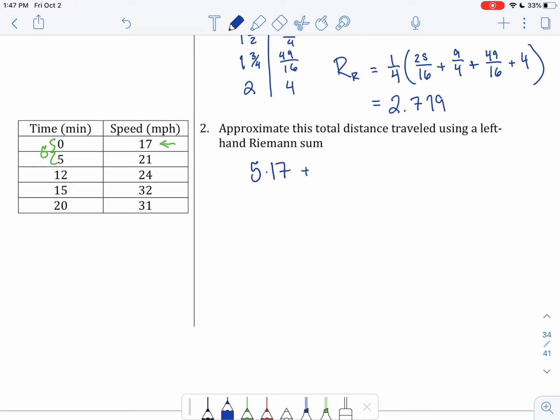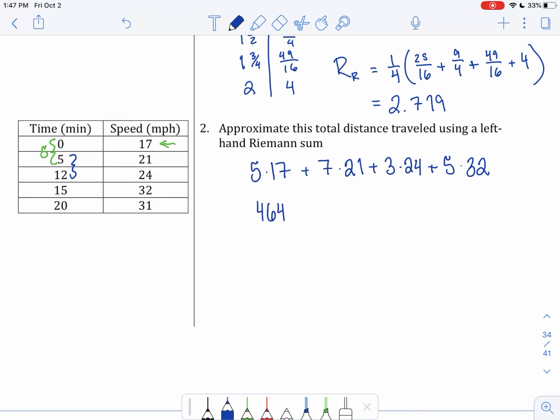The next one is going from 5 to 12. So instead of that 5, this one has a length of 7 and a height of 21. The next goes from 12 to 15, so that would be 3 times 24. And then the last one goes from 15 to 20, which would be 5 and has a height of 32. Now, this is the area under the speed curve, so this will give us distance. And when we add these all up, we get